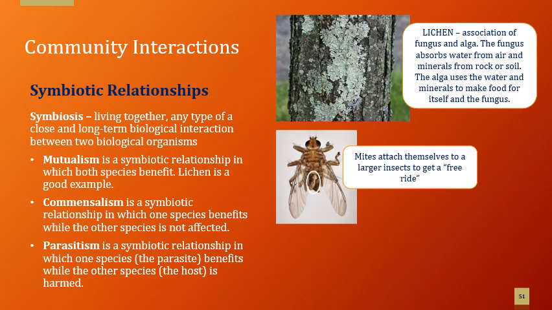So, we also have here commensalism. So it is a symbiotic relationship in which one species benefits while the other species is not affected. So a very good example of this is of course yung tree at saka yung orchid, di ba? They are interacting with each other. Yung orchid na benefit, of course sa trees kasi yun yung kanilang habitat.